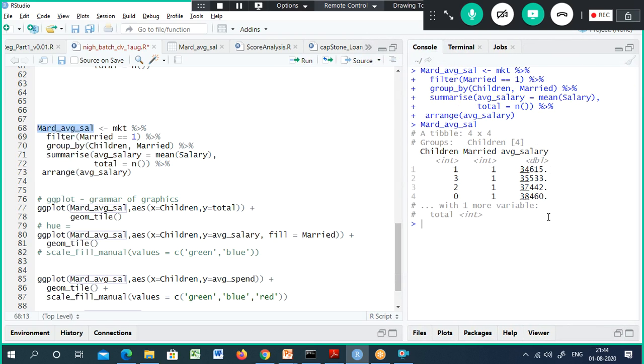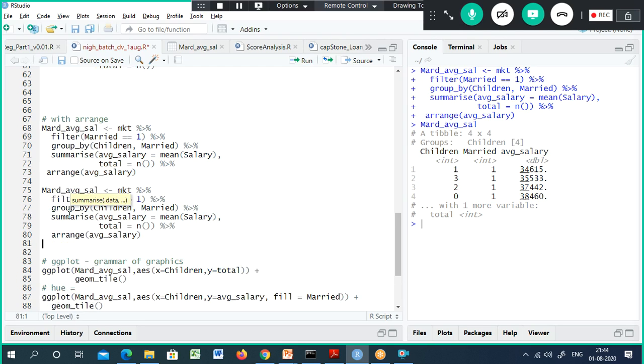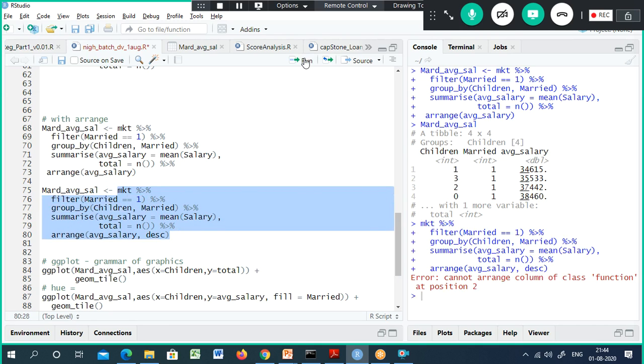Is this in ascending order or descending order, Rishik? If I want it in descending order, I need to specify DSC here. Instead of selecting this one, let me just select it directly here. Function cannot arrange column of class function at position 2.